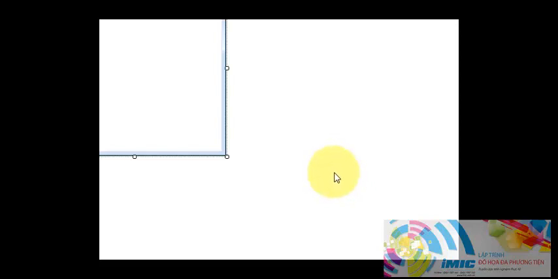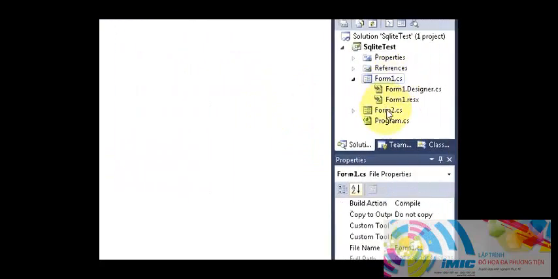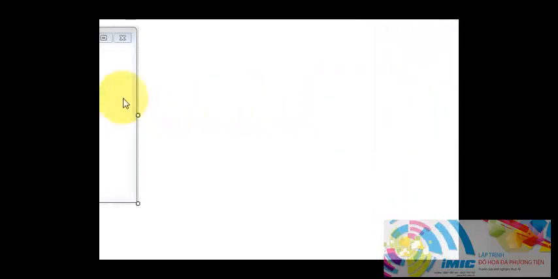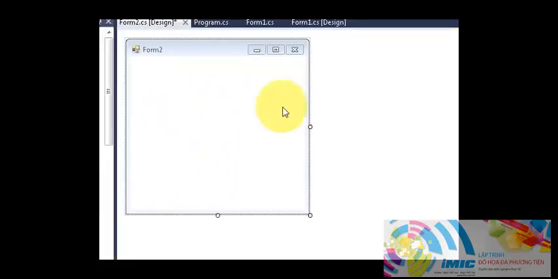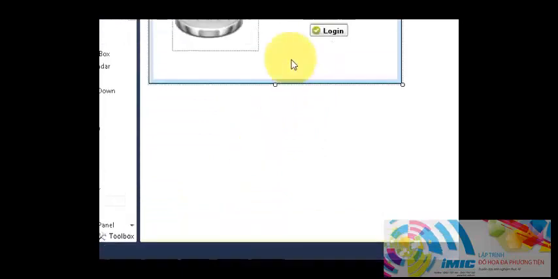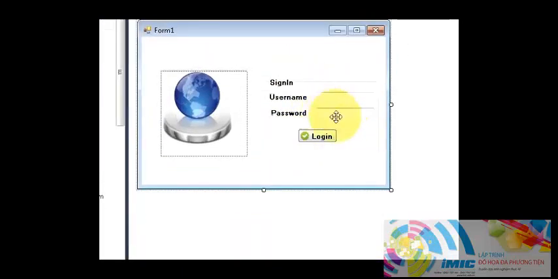In this video I will show you how to pass values between two forms using your C# application. So here I have two forms, form 1 and form 2, and I want to pass some value from form 1 to form 2. I will show you a simple example first, how to pass the values from one form to the other, and then we will go to our original application which we have been developing,